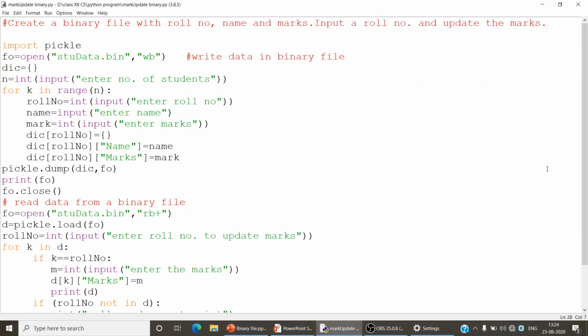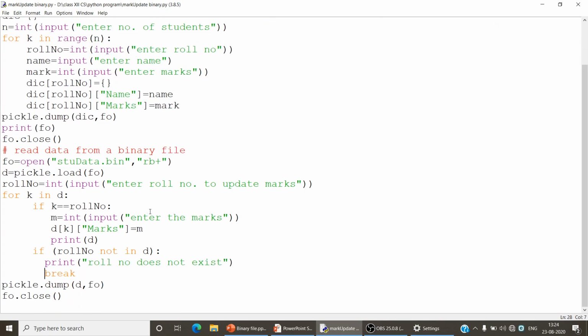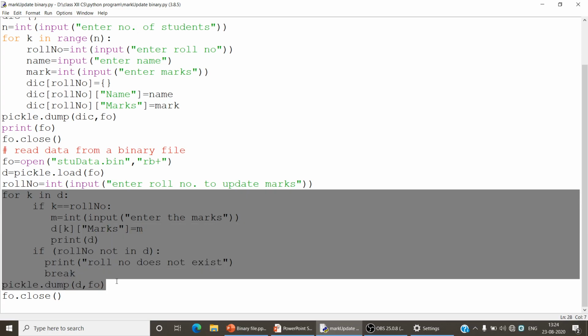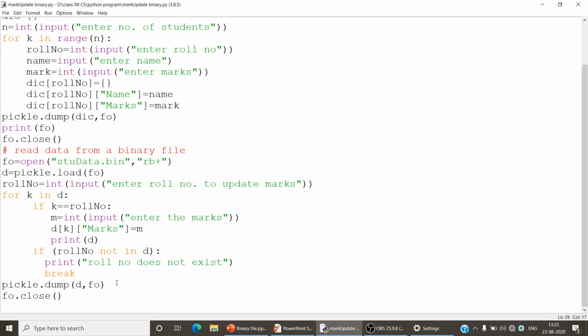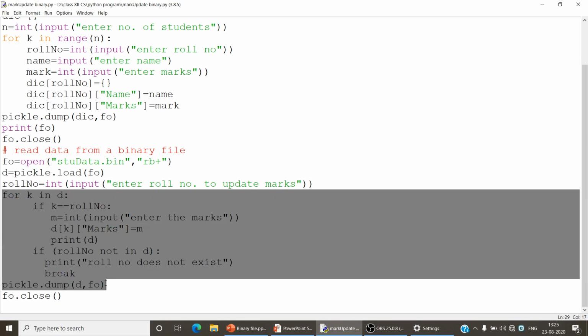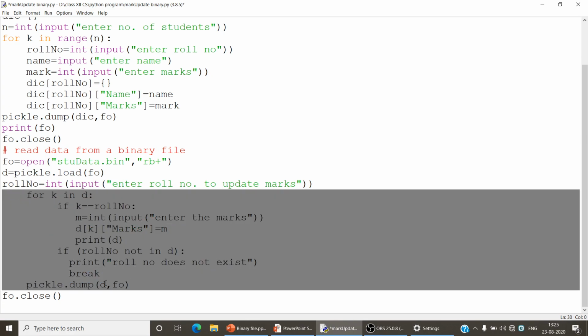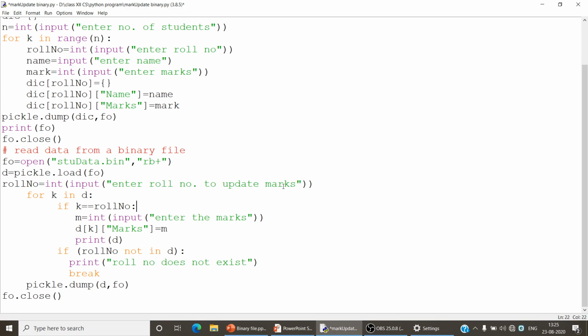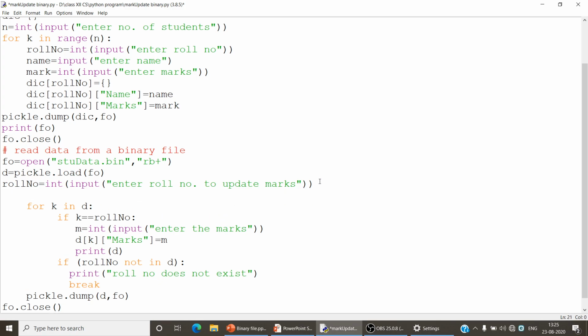Now if you want to perform this program through a function, then it is also very easy. For that, you just write this for loop, or you can also write the whole program inside some function, but I'm only calling a function here. Before calling any function, first you need to define that function.